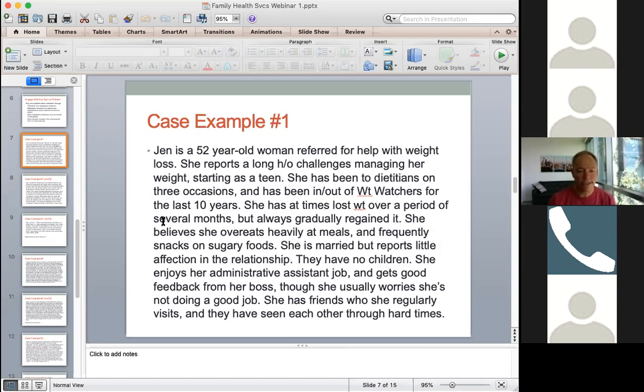One is that she gets down on herself a lot. You notice that? Like, she's doing well in her administrative assistant job. She gets good feedback from her boss, but she usually worries she's not doing a good job. If we go to the next slide,